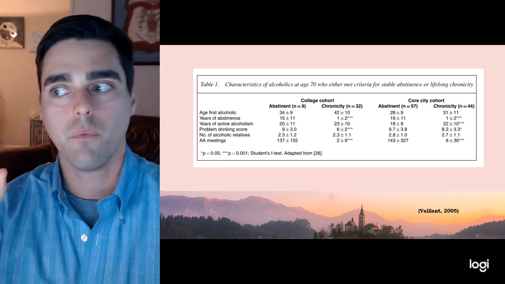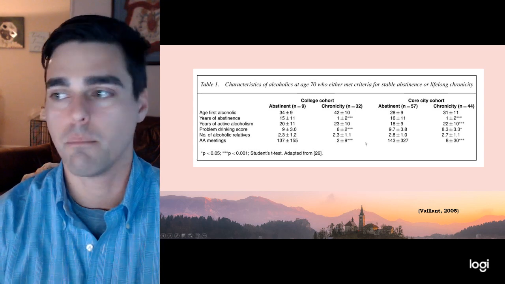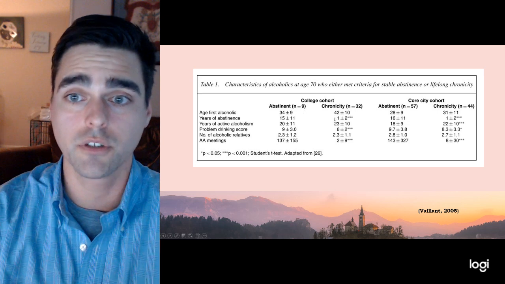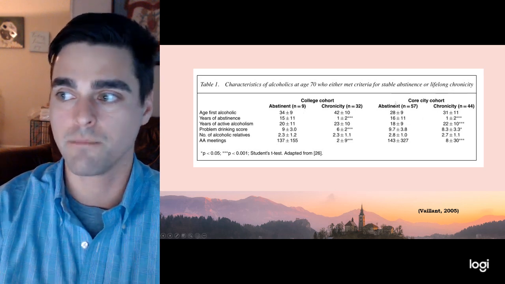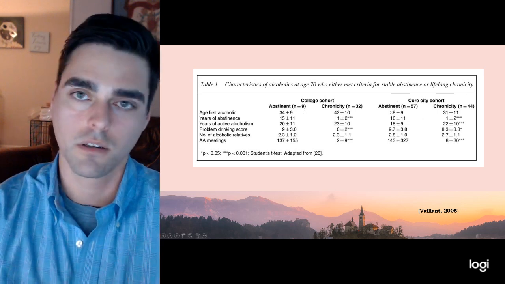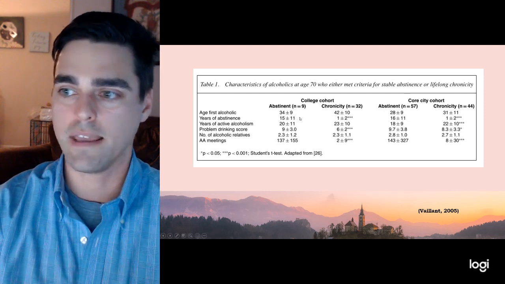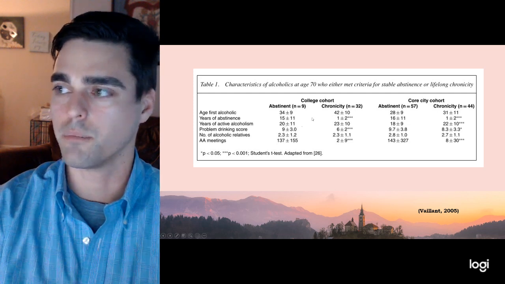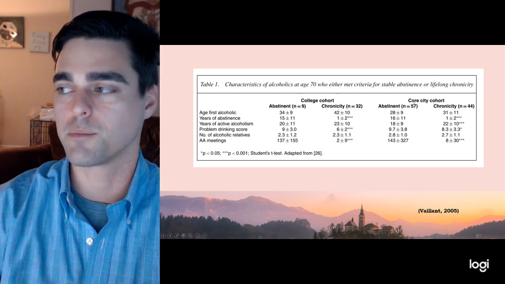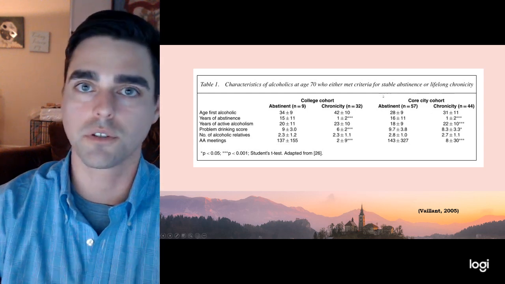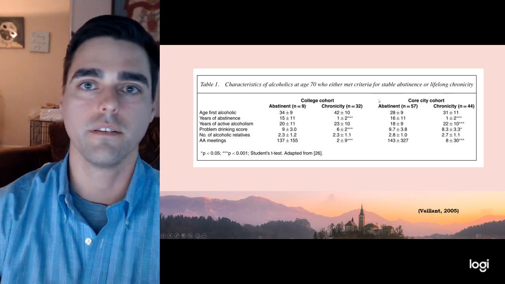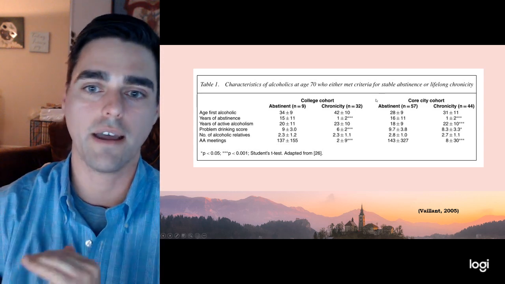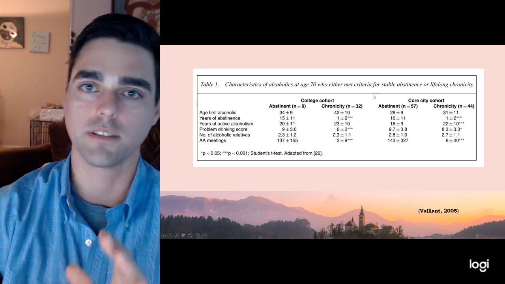But what they found, there were some really important things in here. One of them was they compared people who were going to college to people who came from an inner city. And what they found was that it didn't matter. It didn't matter what age. There was a significant difference between education levels between these groups, socioeconomic status. The evidence is clear. It didn't matter. The people who came from a tough lifestyle had just as much chance of getting sober and staying sober and